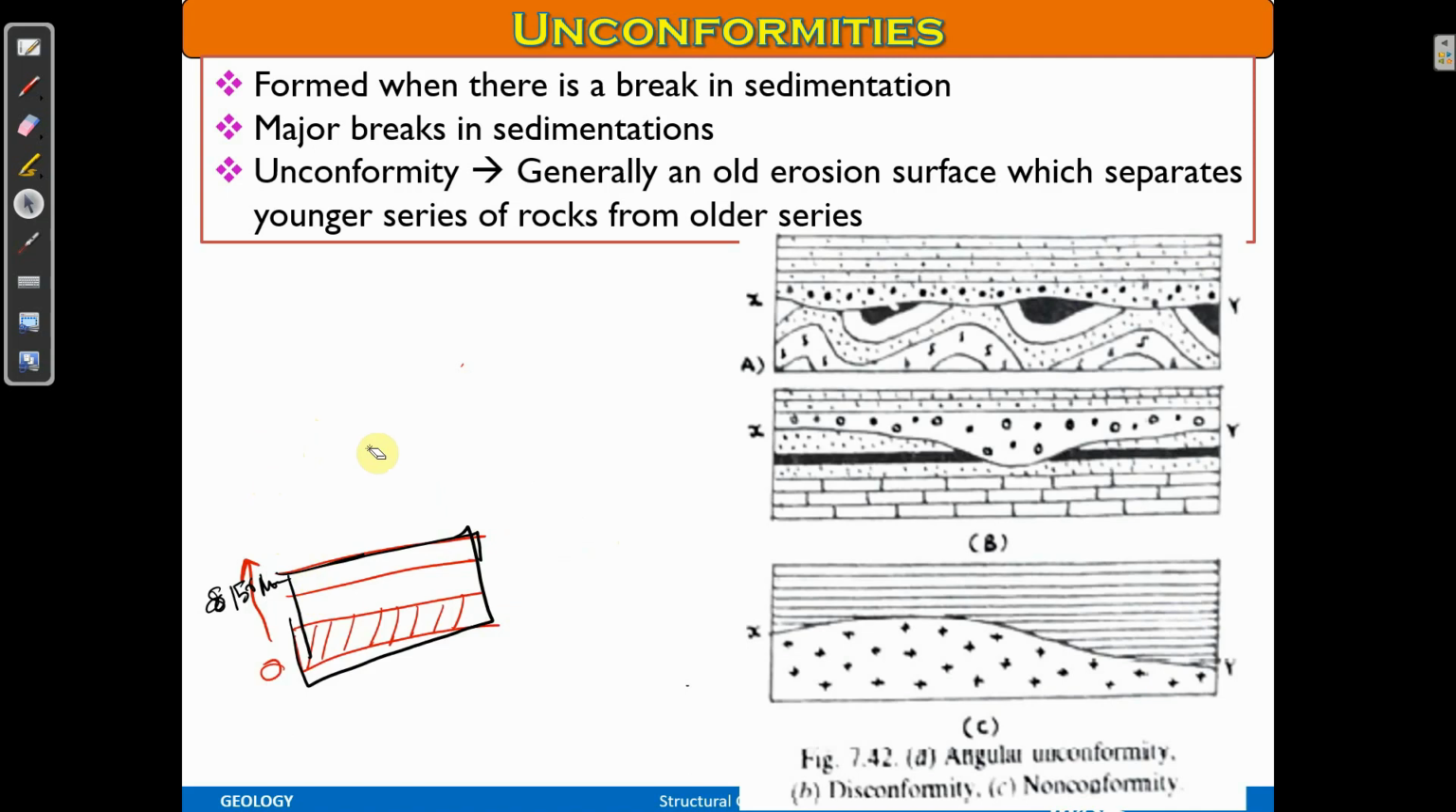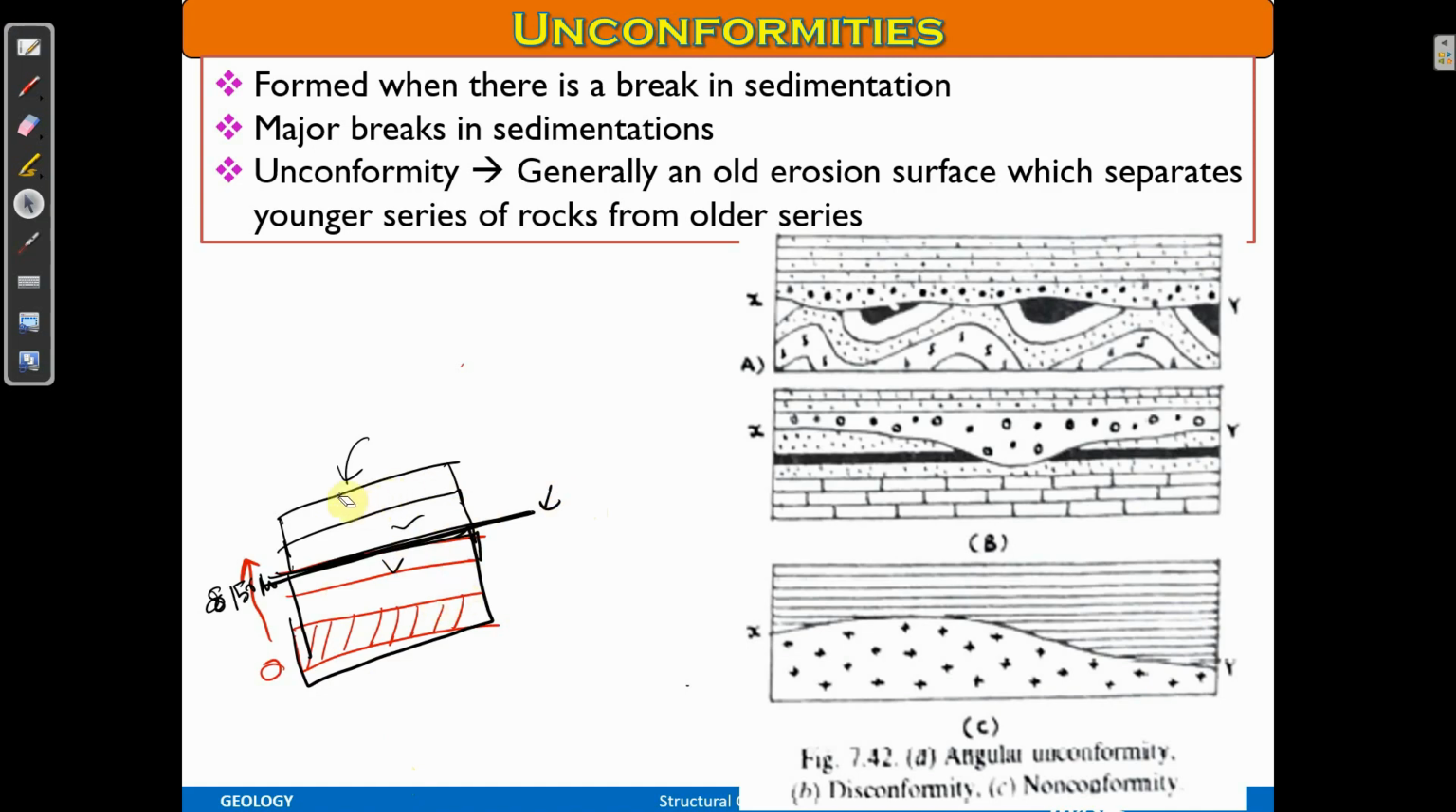Now again after some time the depositions are happening, or sediment accumulations happen. So there is a time gap here. This layer is basically posed as the time gap layer. It's a boundary between two different timelines, okay? So the major break in the sedimentation is called